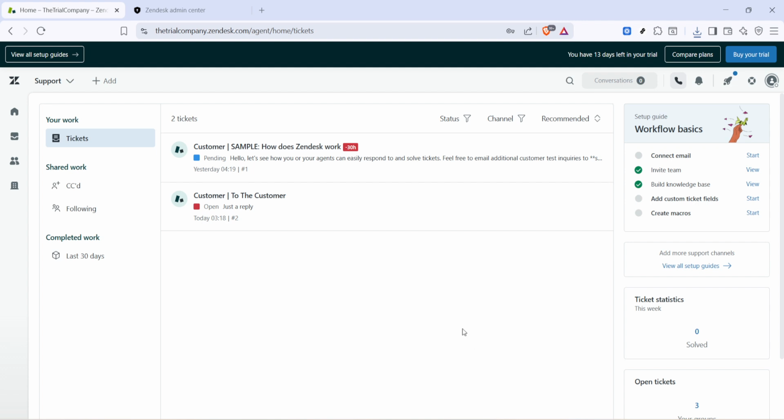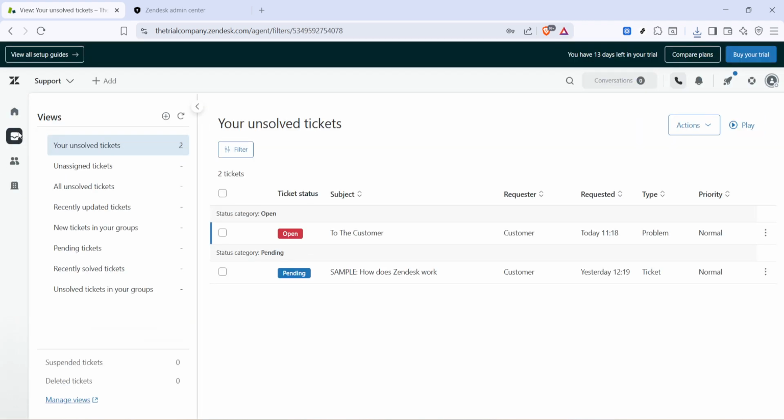On the left-hand sidebar, look for the Views icon. It typically looks like a small list or grid and opens the Views panel. Views organize your tickets into handy lists, like unassigned, open, or assigned to you, so it's the fastest way to